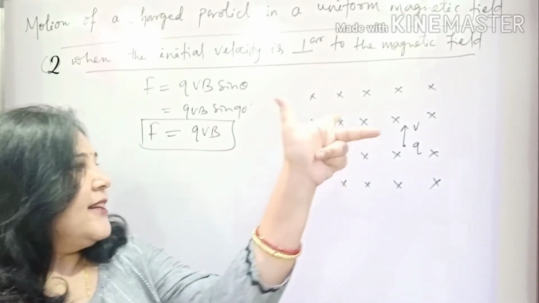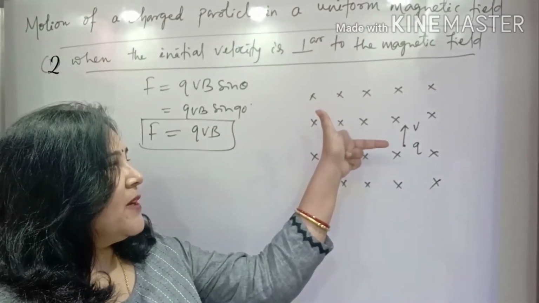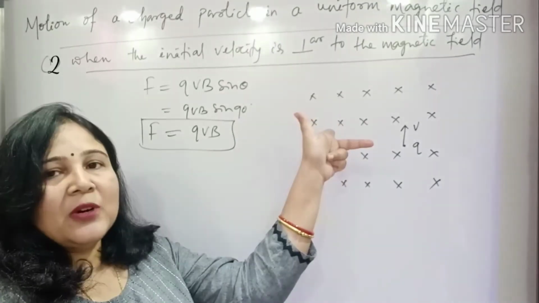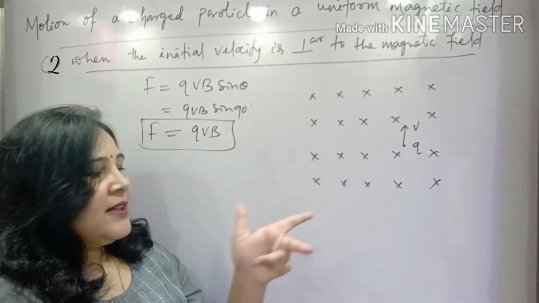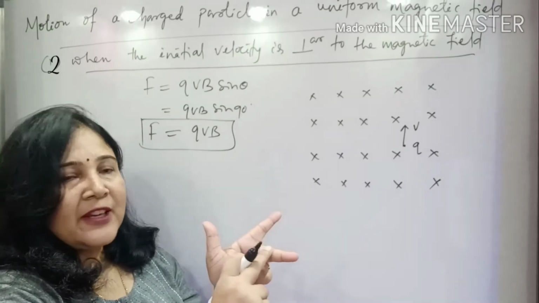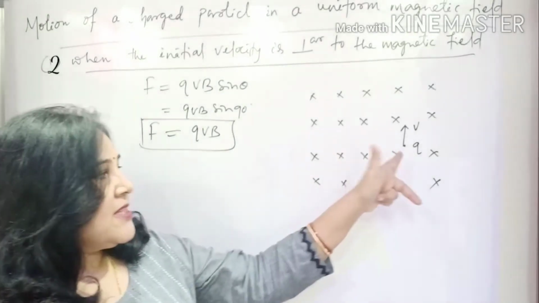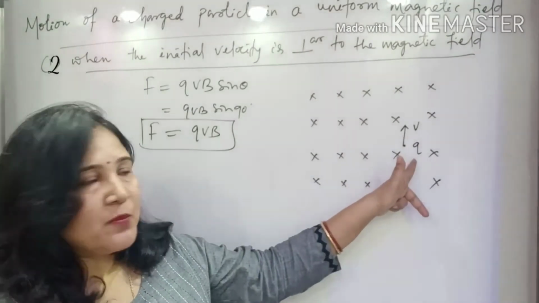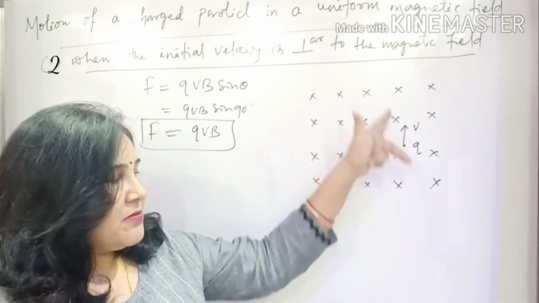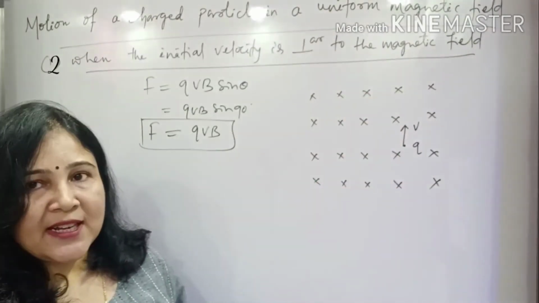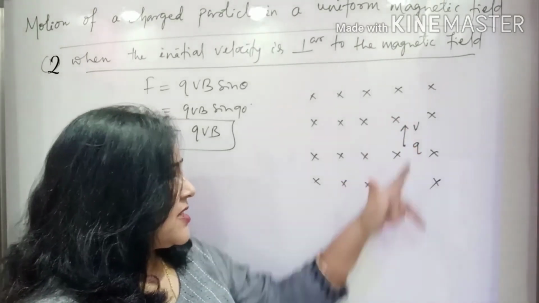Look here, the direction of the magnetic field is into the plane of the paper. So this is the direction of the magnetic field. Then what does this middle finger indicate? It gives you the direction of the motion of the current. Since we have considered q as a positive charge, and the positive charge's direction of motion is considered the current's direction, that means this direction is the current's direction.